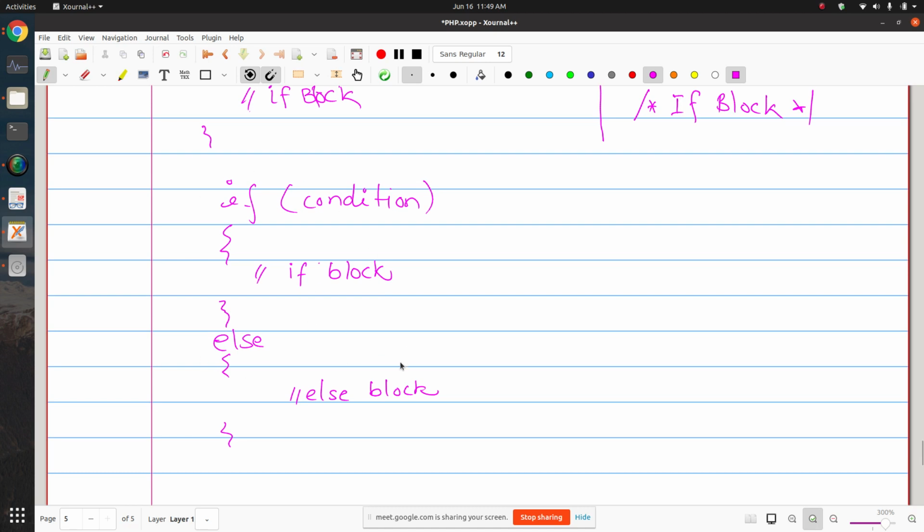Okay, now there is one more extension of this, that is called else if ladder. ठीक है. तो जैसे else if ladder C में अवेलेबल थी वैसे ही PHP में भी आपके पास else if ladder अवेलेबल है. The syntax is as follows.